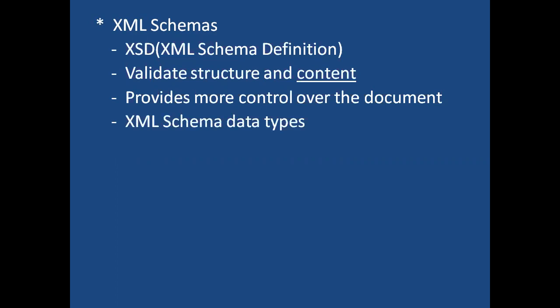In XML schema, an element belongs to either simple type or complex type. A simple type element can contain text that does not contain other elements. A complex type element can contain attributes, other elements, and text. Let's understand with an example.